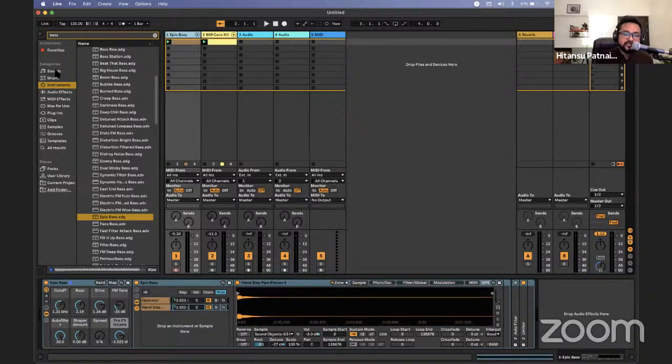Now what do you mean by side chaining? It is like an automatic volume controller, right? And it is mostly helpful, musically and mixing-wise, in terms of making a musical pulse. For example, if you're listening to any kind of electronic music or dance music or any kind of genre music